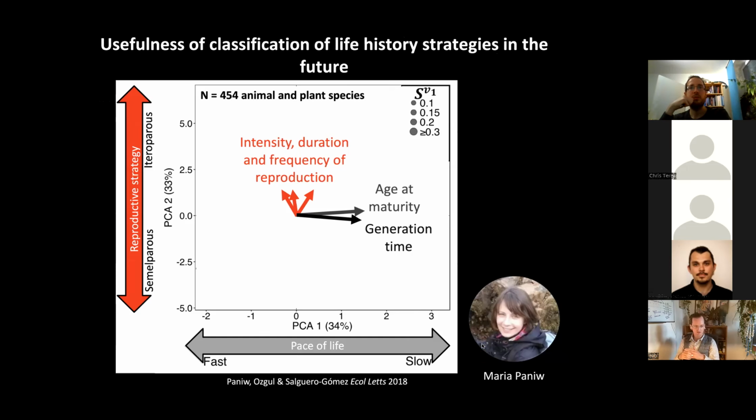So previous PhD student of mine, Maria Paniw, now an independent research fellow at the Estación Biológica de Doñana in Seville, Spain, led this effort where we simulated increases in the temporal autocorrelation in a positive fashion for plants and animals. So what I'm about to show you is an effort that includes both COMPADRE, so that's plants, and COMADRE, that's animals. We first organize the species according to, as always, the fast-slow continuum and the reproductive strategies. And then we run sensitivities